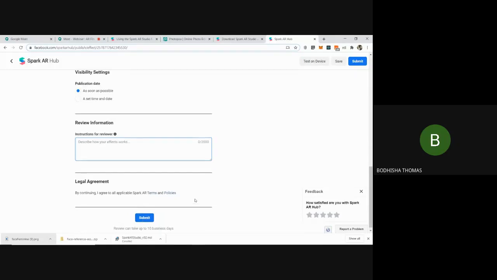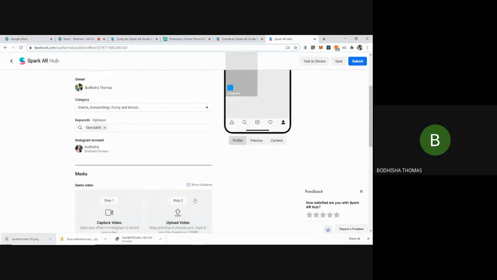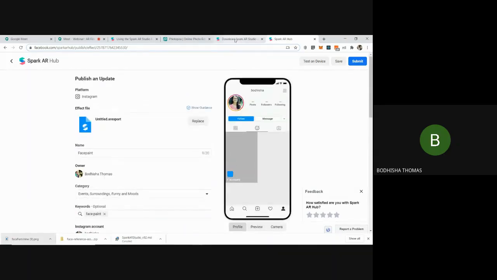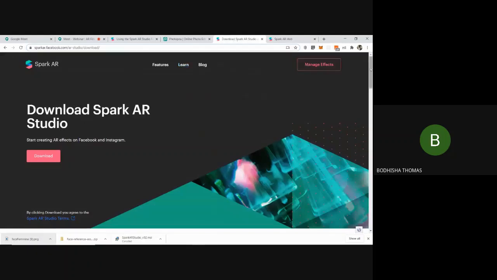Once it is submitted, it will go to the reviewers and they'll review within a maximum of 10 days. Most of the filters will get approved within 3 to 4 hours. Once it is approved, you can see your effect on the Spark AR Hub. I'll show you the Spark AR Hub.